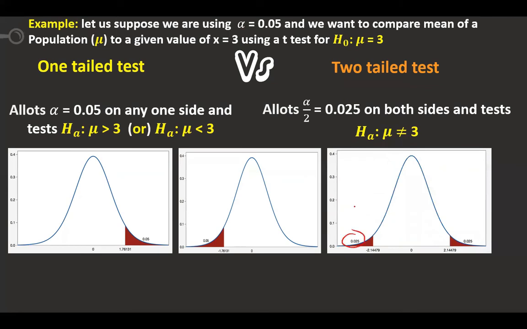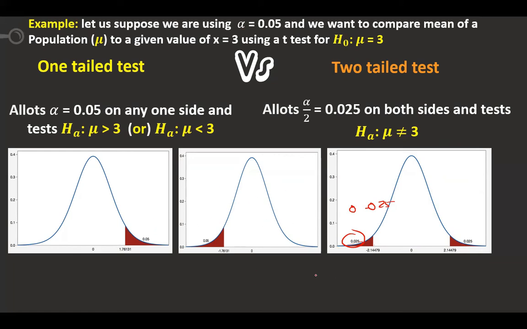Okay, now it is 0.025. This is the area. Visually, we are showing how to reject the null hypothesis by testing the values. Okay, so this is what we will be doing when we are doing some sums. We will be doing this whether it is a one-tailed test or a two-tailed test.